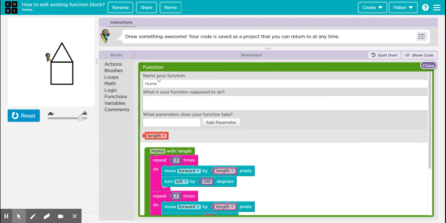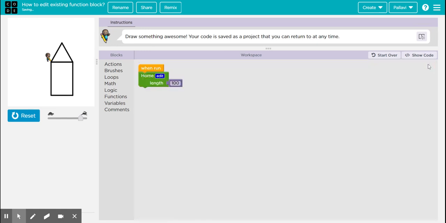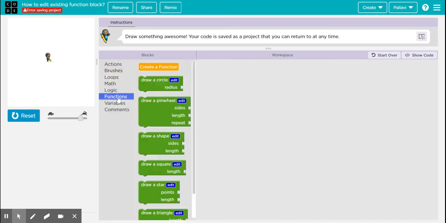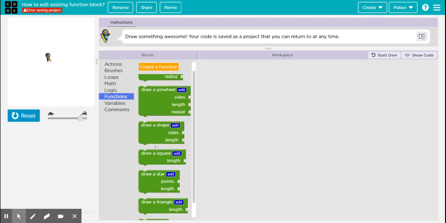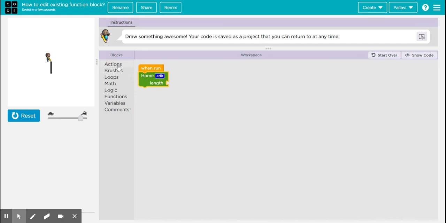Now you have made changes in the name of your function. You have also changed the piece of code that was assigned to the function. Now let's close and see if the artist draws the house as we want it to draw this time using a rectangular base. So let's close and you will see the name of the function block has been changed here. You can go to functions and instead of draw a house, now you will find this function block called home, and you can use